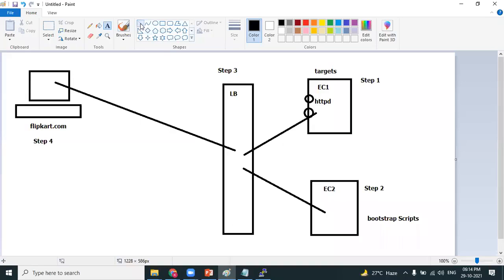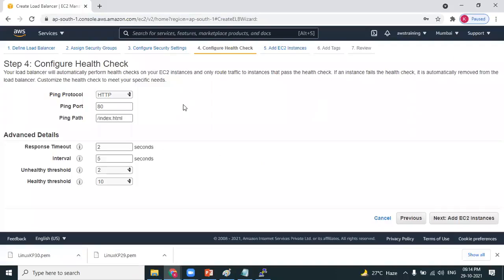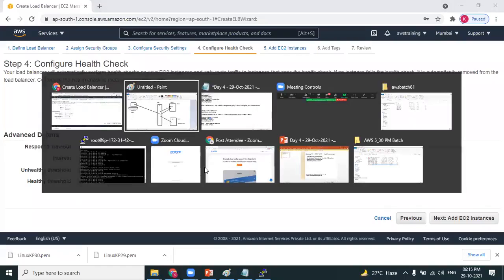How frequently should the load balancer monitor the health? Once in every 1 hour? Once in every 30 minutes? Once in every 10 minutes? Or once in every 5 minutes? What is the frequency? That's called interval. I mentioned the interval as 5 seconds. Every 5 seconds, my load balancer will monitor whether the EC2 machines are perfectly working or not by sending a ping request. That's called an interval period. Clear, Tiwari? Next option.